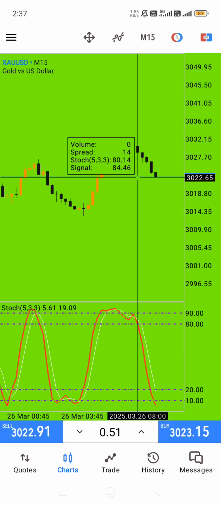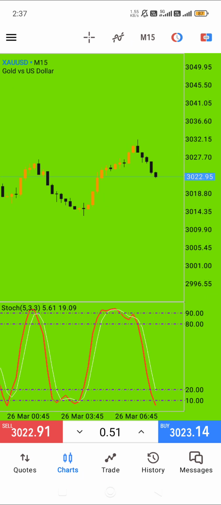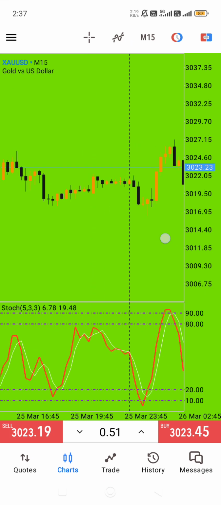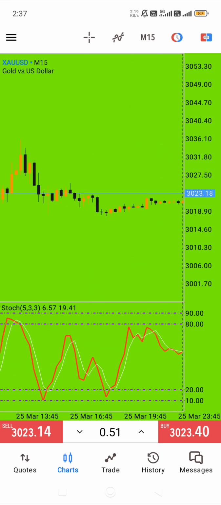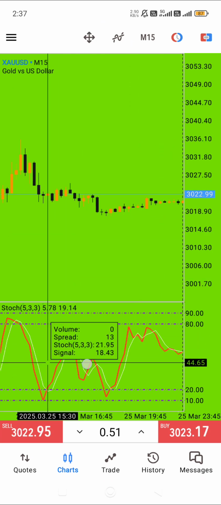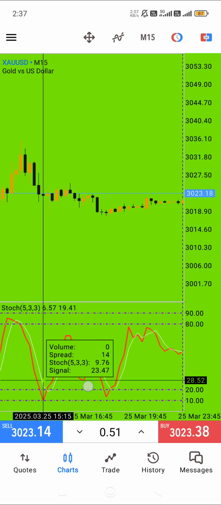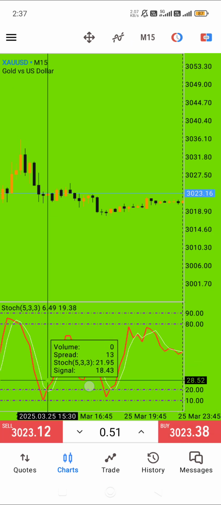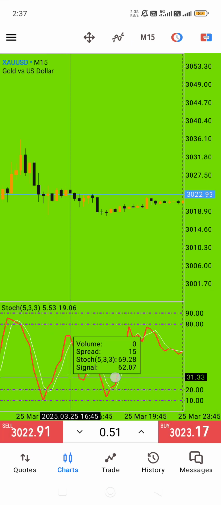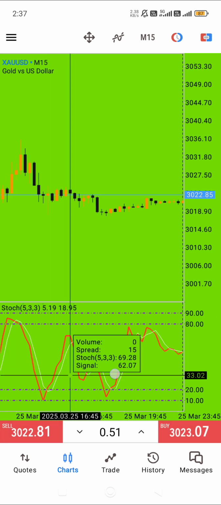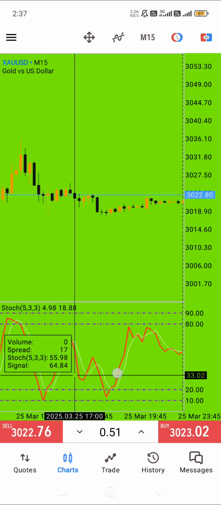Either the market goes sideways, and then 10 and 20 touch and it goes up and down. So there is a lot of backtesting, as well as when you touch 10 to 20. Check this candle touching 10, this is an oversold position, but the market will go up a little bit.